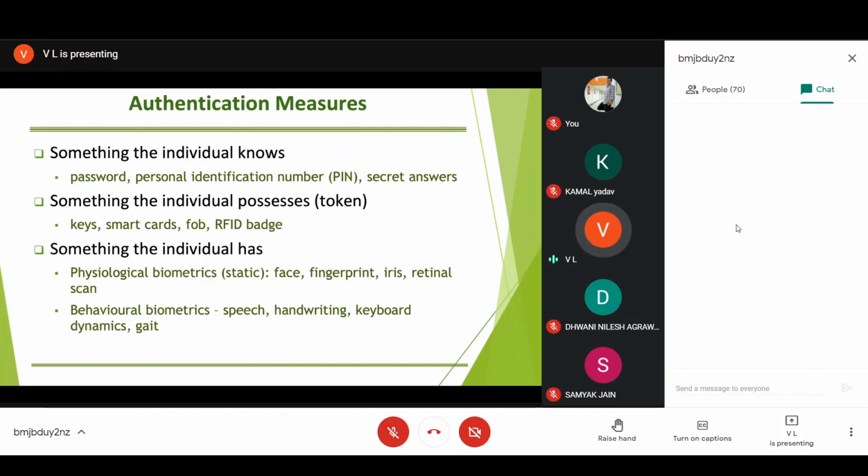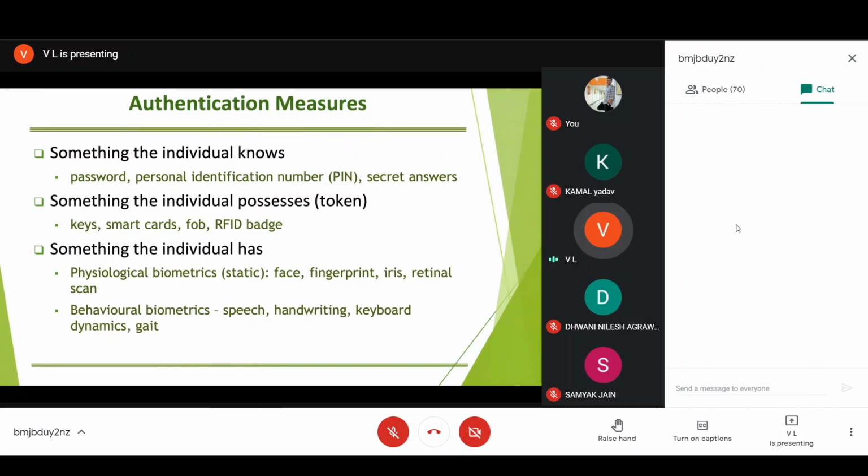The problem with the physical token is that the people can lose them. So now if someone acquires that token, he or she can pose to be the real user. Then yes, we can make use of biometric, but the problem with the biometric is that some of the biometrics change as a person ages.